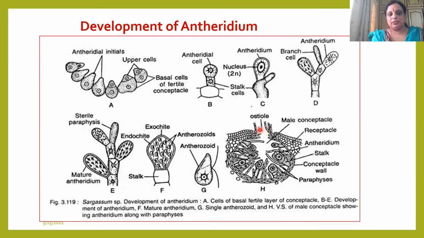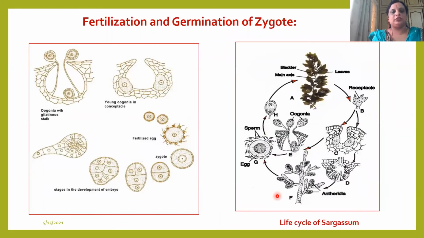Once these mucilaginous structures have been produced, the antheridium ruptures, and later the antherozoids escape from this particular male conceptacle. Once they escape from the male conceptacle, what happens? The fertilization should happen. So I have